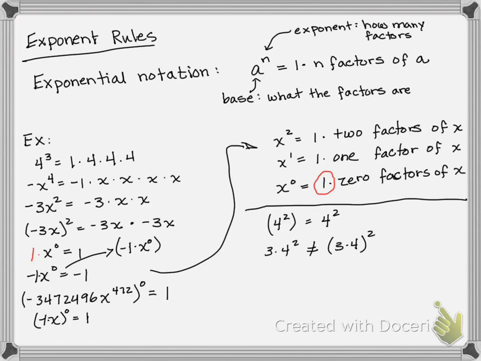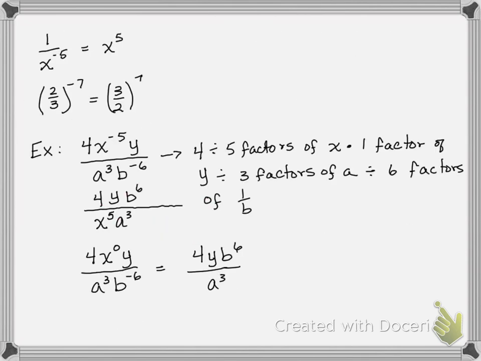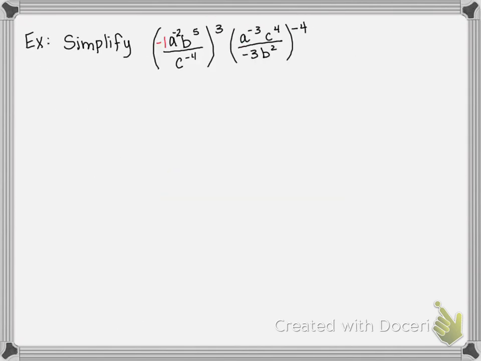When we saw that negative, we were like, oh, that's a factor of -1. And down here, when we had negative x to the 0, we said that's -1 times x to the 0. So every time you see this negative,